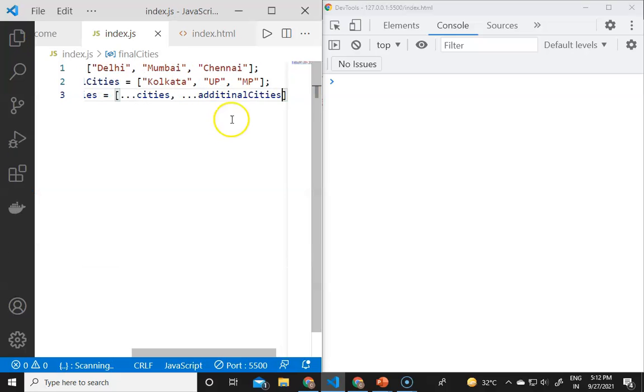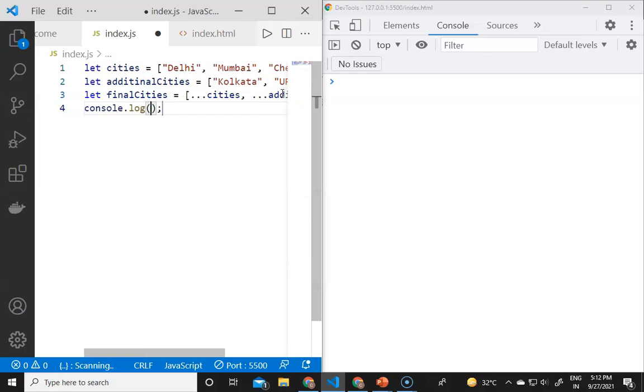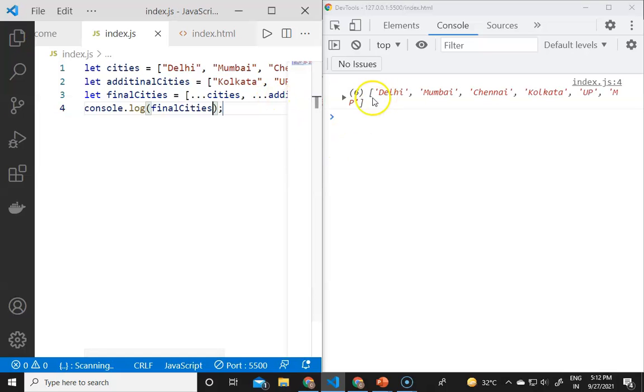If I run this code and console.log finalCities, it will show me all the cities, because we have now merged these cities into an array of the final cities.